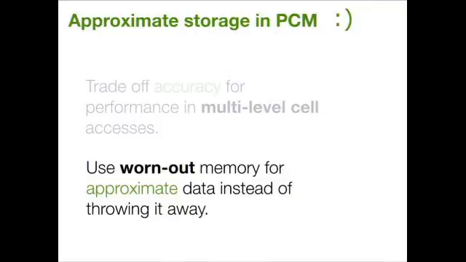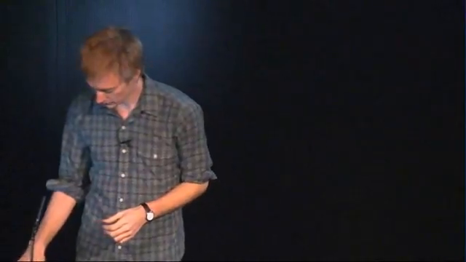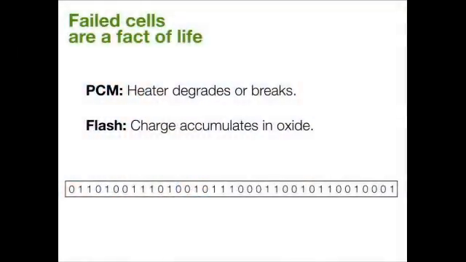Cool. So that's that technique for multi-level cells. I'm going to move on now to talk about cell failures, which is the other big bugaboo in using these future memory technologies like PCM. Because errors can happen within days of turning on a PCM array, it needs to be possible to tolerate errors in PCM. And this is true also of Flash. So if you're familiar with Flash, then you can think of this as an analog.